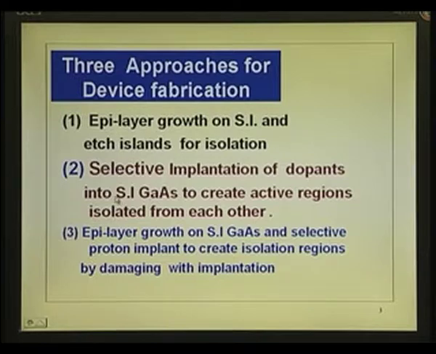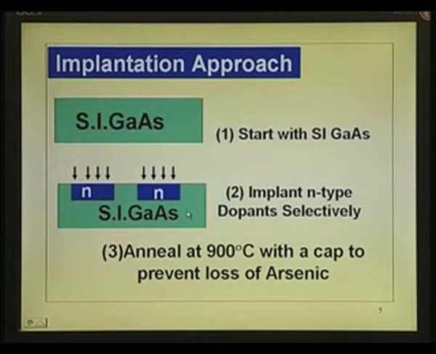Selective, that is the second approach, is selective implantation of dopants into semi-insulating gallium arsenide to create active regions isolated from each other. Let us take a look at the diagram. That is the second approach, what we just now read. Semi-insulating substrate, mask all other portions except these regions. The arrows show the regions where you implant n-type impurities, maybe